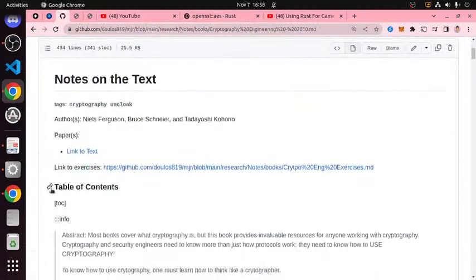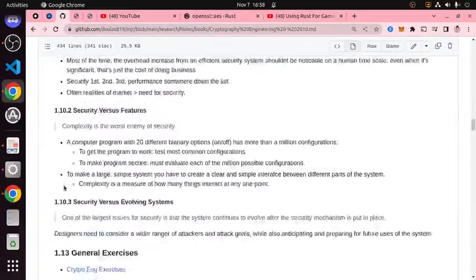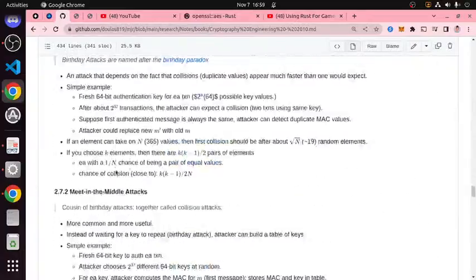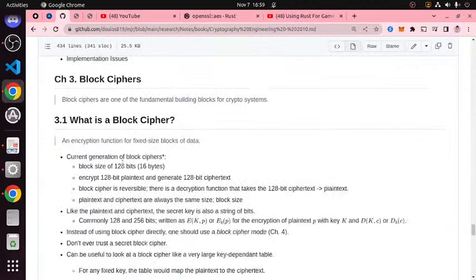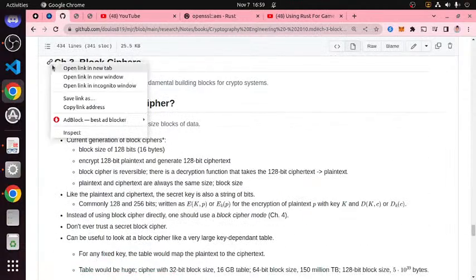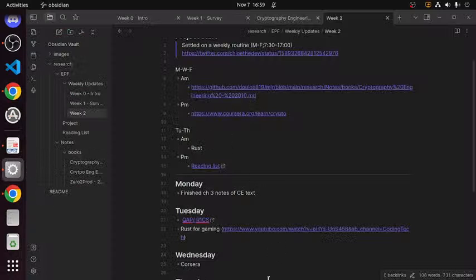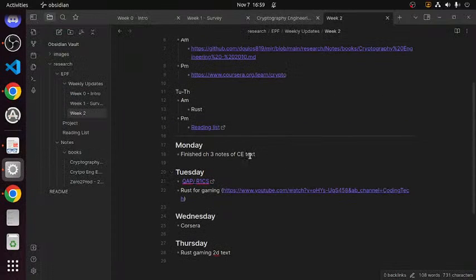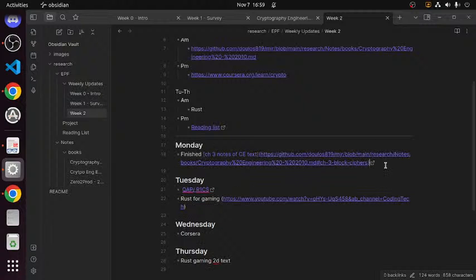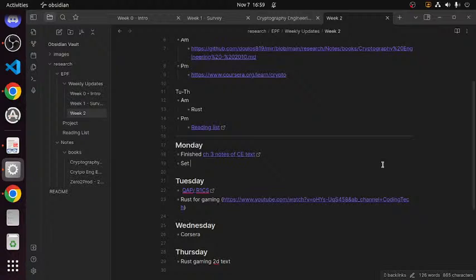Crypto engineering, and then I should be able to go down to chapter 3 and get a link for it. Oh yeah, that's already there. And then I should be able to finish chapter 3 notes. It's kind of all I did. I also set up the week 2 outline.